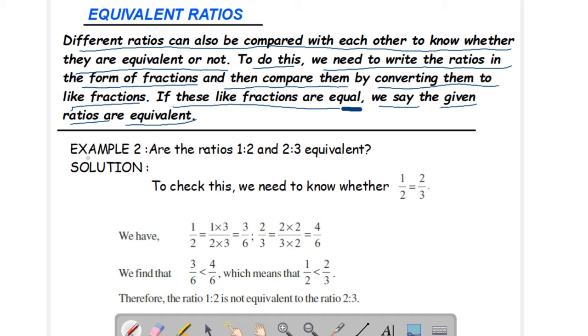Say example 2: are the ratios 1 ratio 2 and 2 ratio 3 equivalent? See the solution. To check this, we need to know whether 1/2 is equal to 2/3. For this, we have to make both the denominators the same. Here, the LCM of 2 and 3,